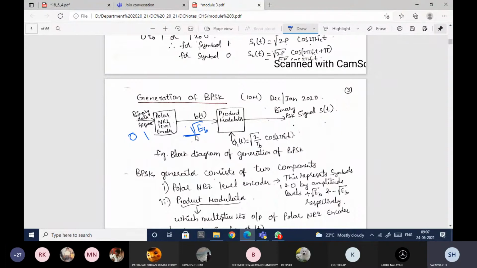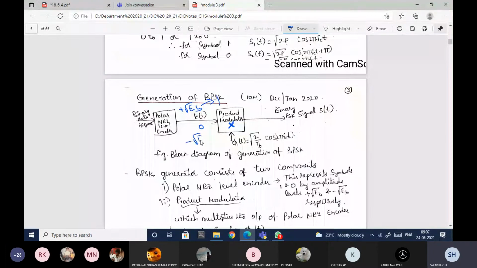So this signal, whatever I'm getting, is also said to be the pulse amplitude modulated signal. This is what I will be getting here, and this is given to the product modulator. The product modulator is nothing but just the multiplier. So this b1 and this phi1 will get multiplied here, and I'll get the binary PSK signal. Here, it will take polar, in the sense root Eb for symbol